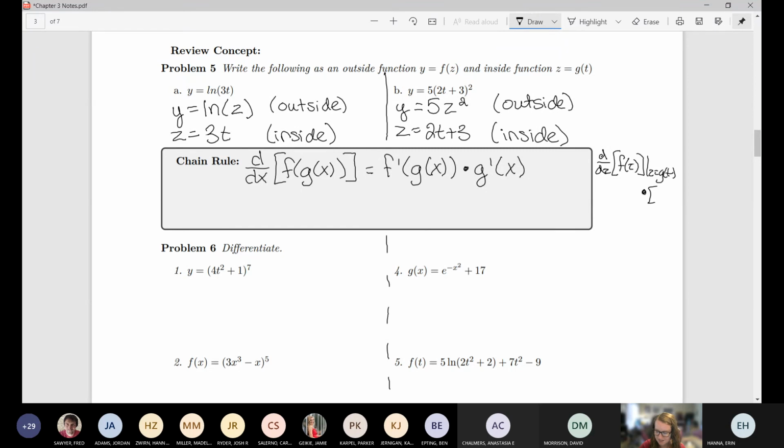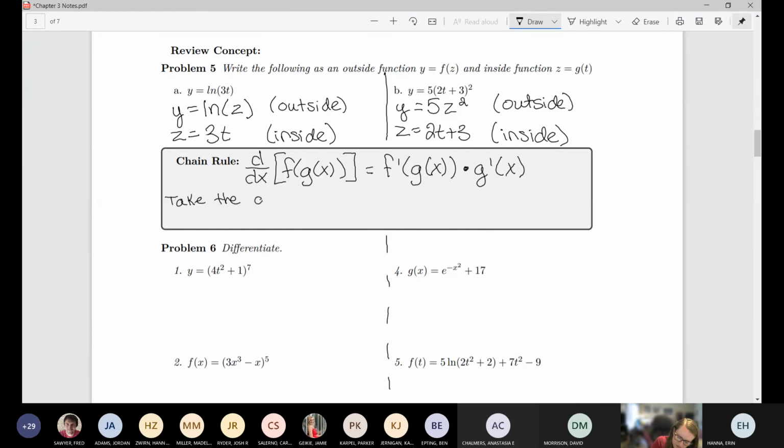Crap, I ran out of space. Times the derivative of g of x. That should have been an x, not a t. So as you can see in the very cramped spot over here, the Leibniz notation is horrible, so let's just erase that. So essentially what this is saying is